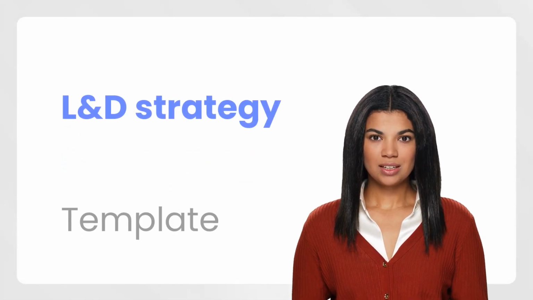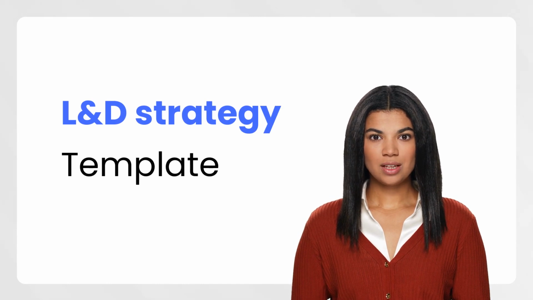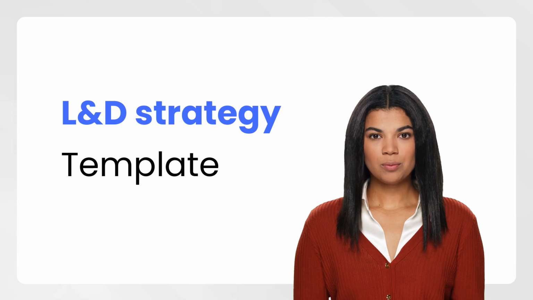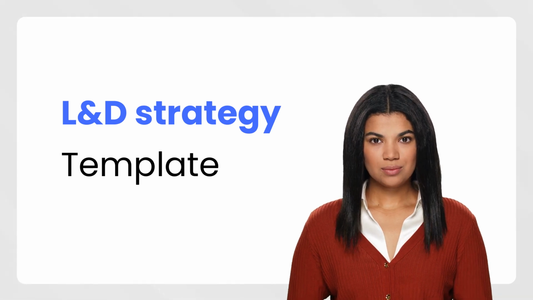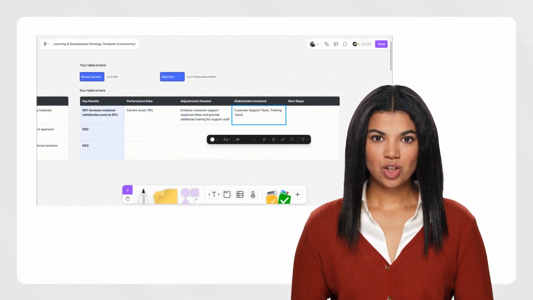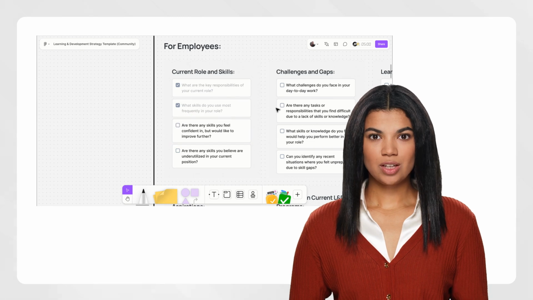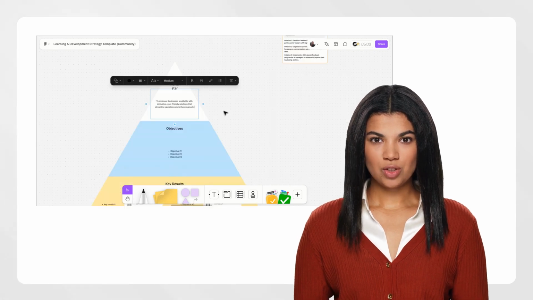Welcome to this guide on the L&D strategy template in Figma. A learning and development strategy is a roadmap that aligns training and development programs with organizational goals. It's essential because it ensures that all learning initiatives directly support key business objectives, fostering employee growth and improving overall